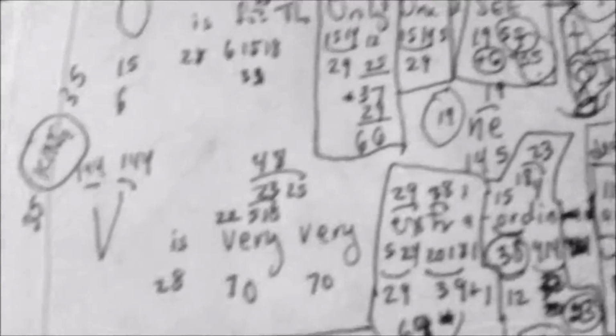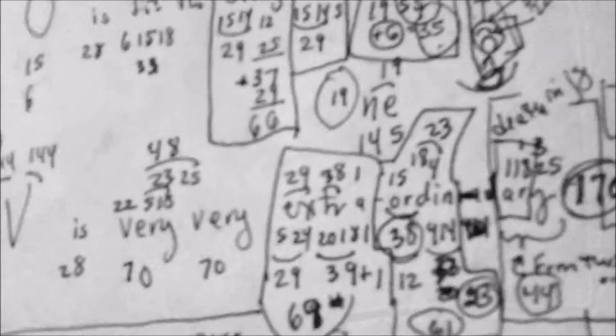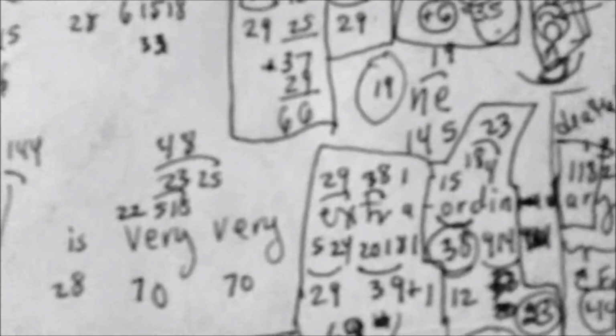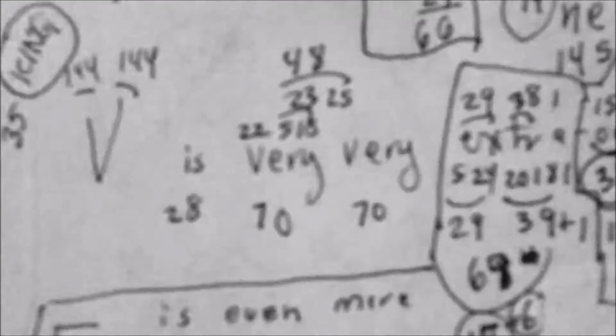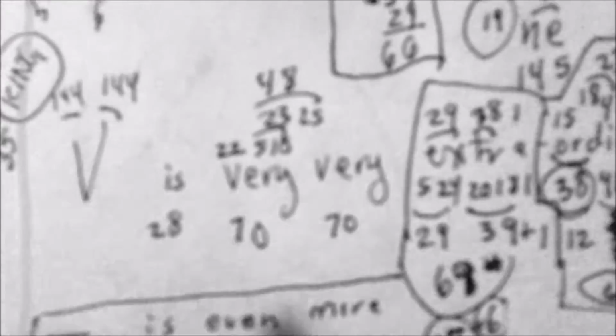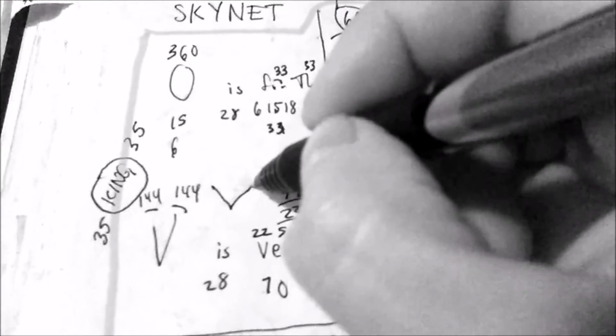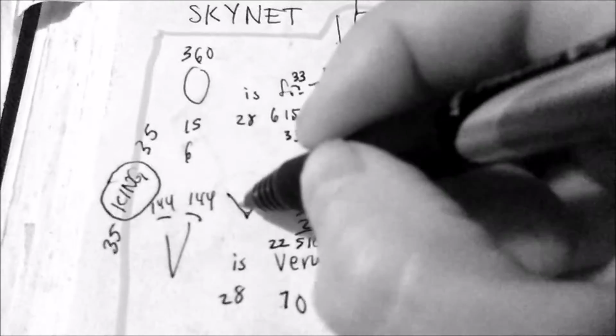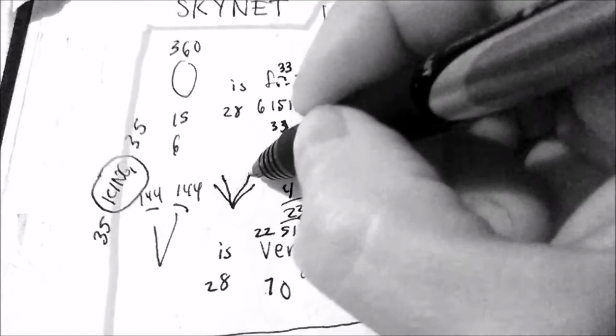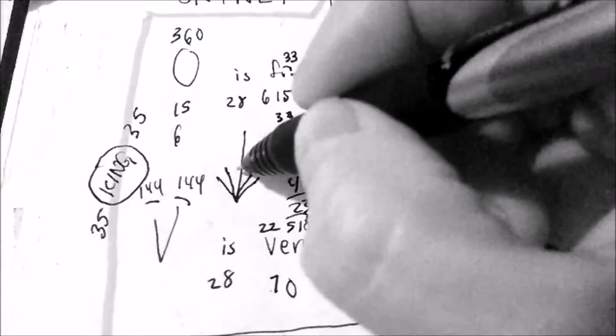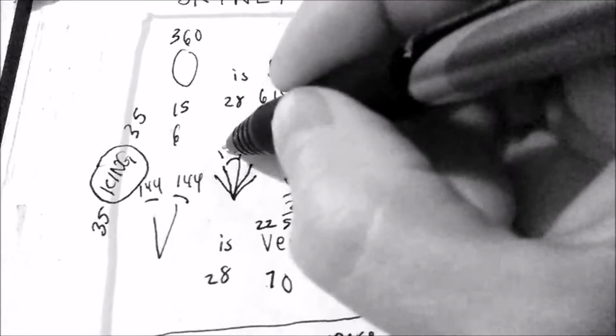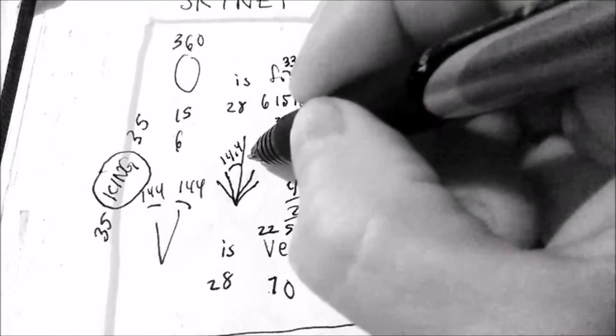V is very, very extraordinary. Well, V, I've said in other videos, is the sign that encodes the 144,000 twice. Okay, I have to do this with my right hand. But then it doesn't cast a shadow. It's okay, so I'll just draw this out for you. I'm making it wider. Oh, I made it too wide. There's your V. You drop a line in there. This is 14.4 and this is 14.4.